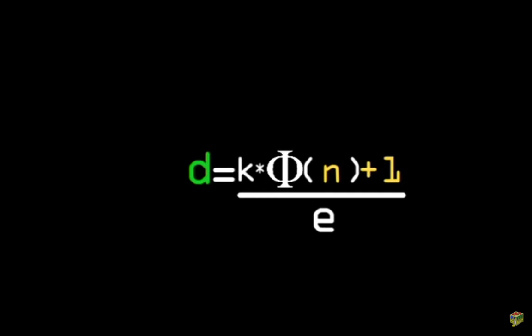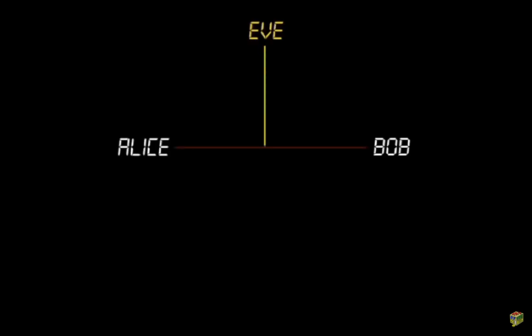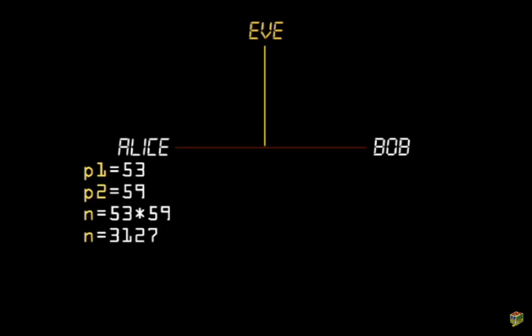Meaning D should be Alice's private key. It's the trapdoor which will allow her to undo the effect of E. Let's do a simple example to see all of this in action. Say Bob has a message he converted into a number using a padding scheme. Let's call this M. Then Alice generates her public and private key as follows. First, she generates two random prime numbers of similar size and multiplies them to get n, 3,127. Then she calculates phi of n easily since she knows the factorization of n, which turns out to be